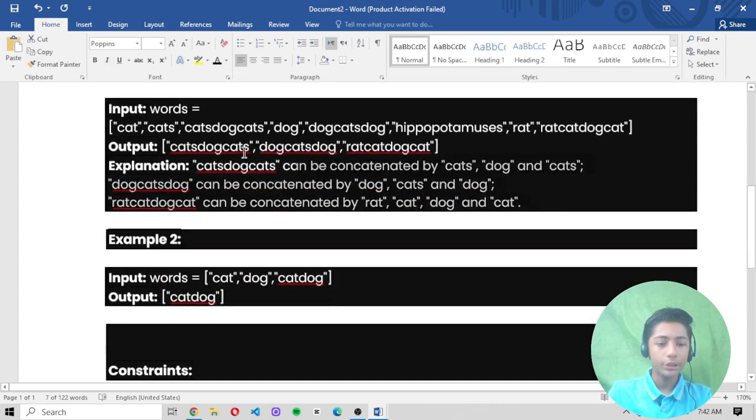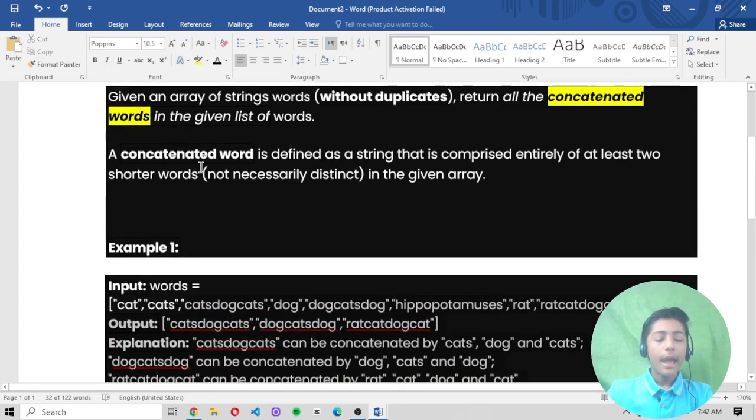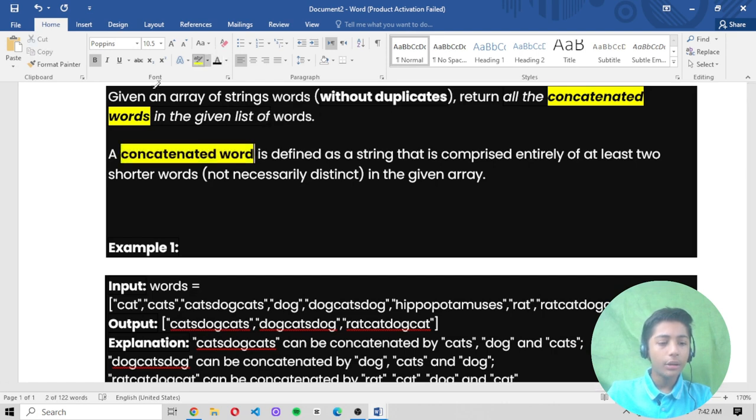A concatenated word is defined as a string that is comprised entirely of at least two shorter words, not necessarily distinct, in the given array.